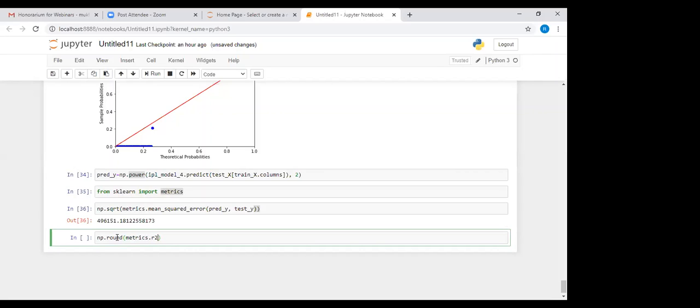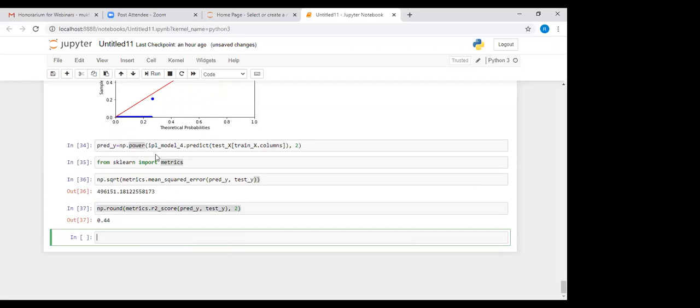metrics.r2_score, with predicted y comma test y. See, every time we have to give predicted y and test y. Okay, the accuracy on the validation set is 44%, which is quite low compared to the accuracy reported by the training set.